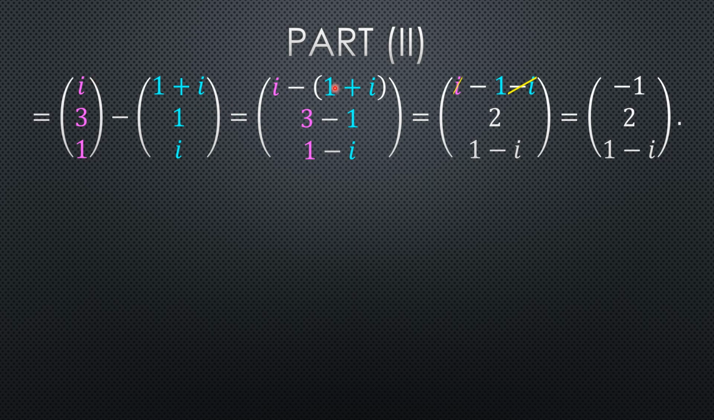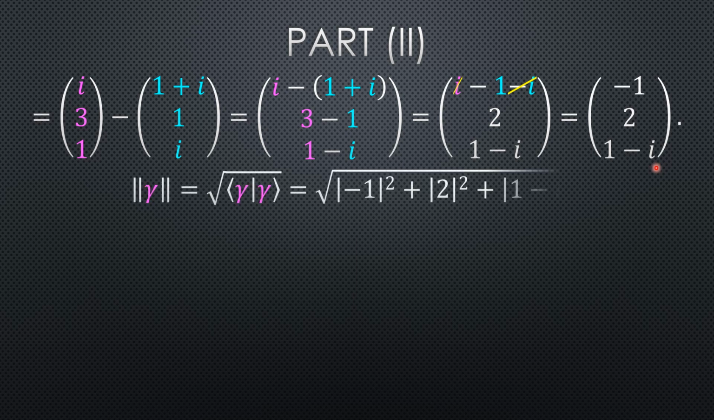So now that we see we can maneuver this negative sign to each component, 1, 1, 1, good to go. Distribute that into this parentheses. You see the i and i cancel, ultimately leaving us with -1, 2, and 1 minus i. Easy enough. Now we get to the other laborious part, which is combining 8.25 and 8.22,